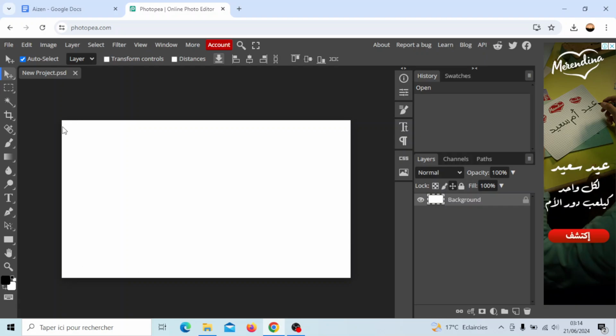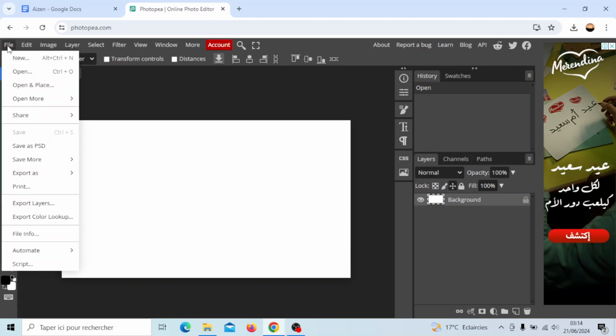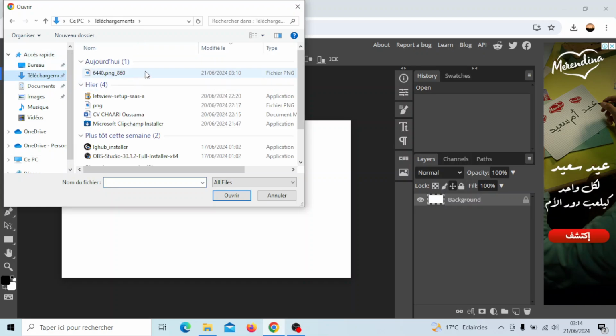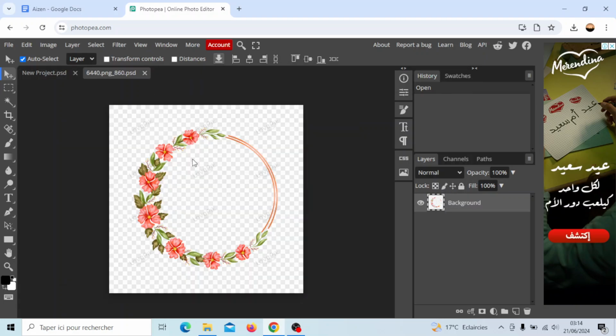So right now I'm going to click on file and then click on open, and then I'm going to search for my PNG. So I'm going to choose this one, and as you can see guys, now I added the PNG. Once you add it, if you want to go and adjust some settings for this picture, just go to